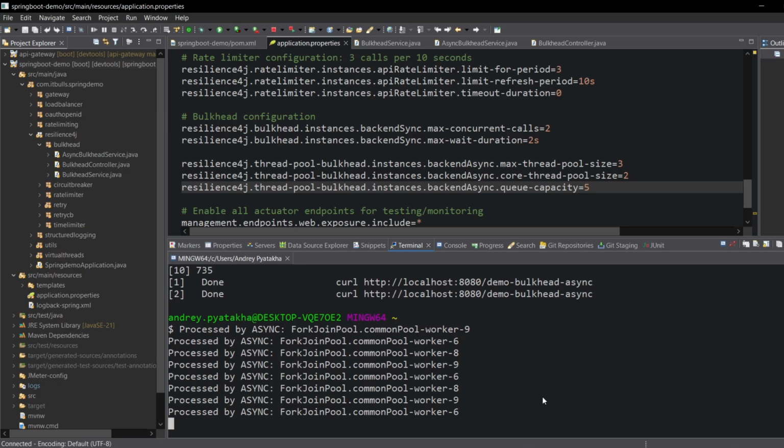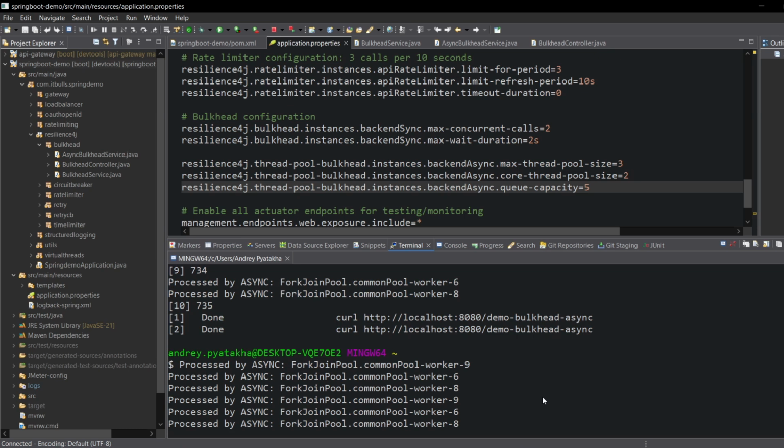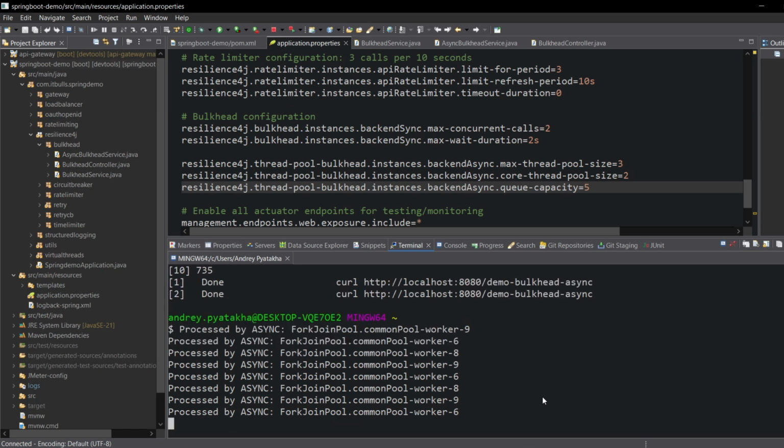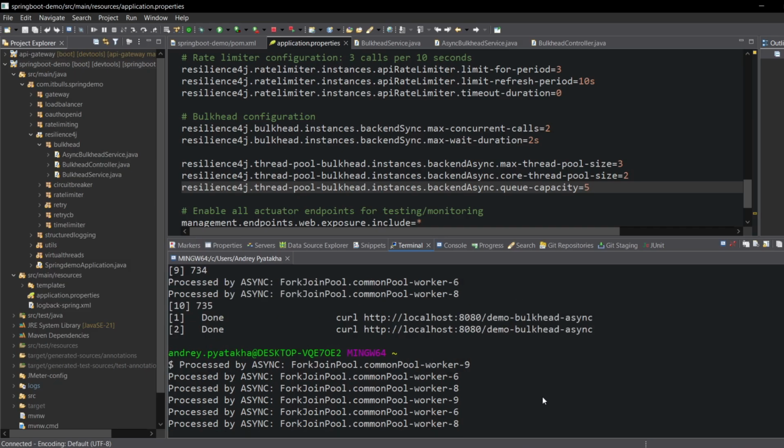That means up to 3 threads can run tasks in parallel at peak load. In addition, we've allowed a queue capacity of 5. So altogether, at most 8 requests can be accepted at any given time, 3 actively processed and 5 waiting in the queue. Now, when we fire 10 requests simultaneously using the loop in the terminal, what we're seeing makes perfect